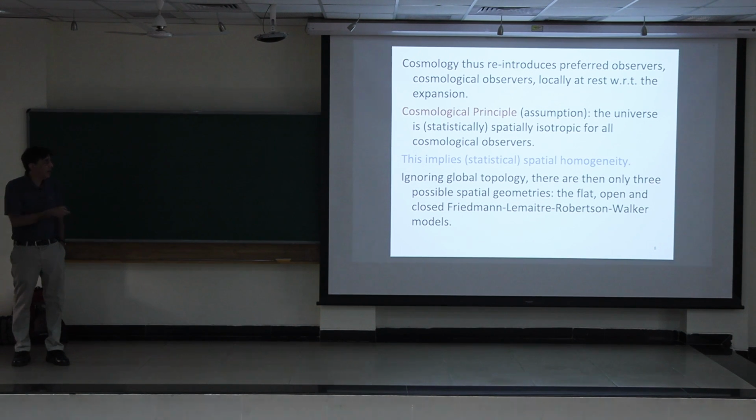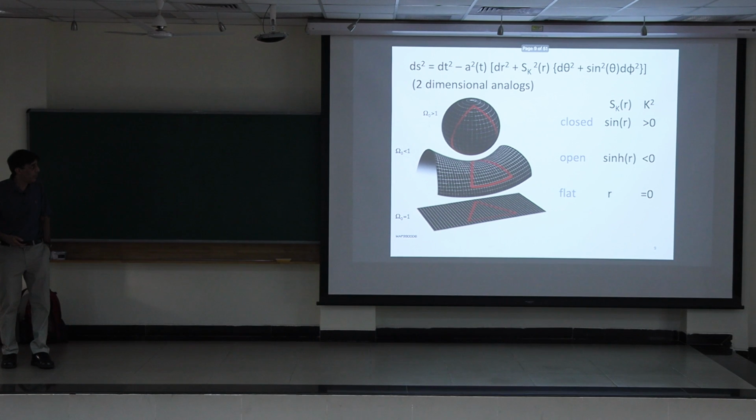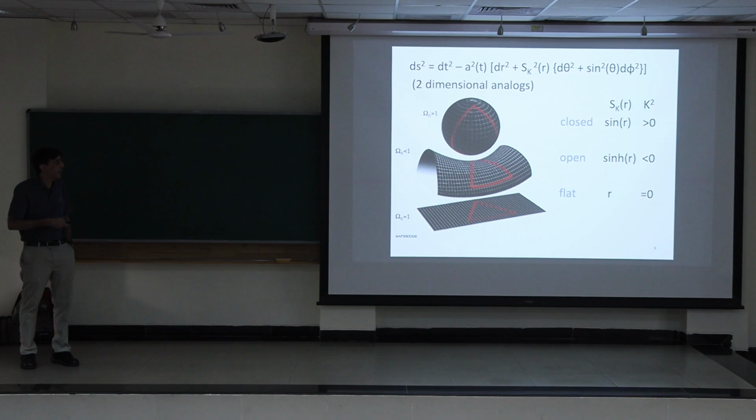And the cosmological principle asserts that all cosmological observers see isotropy on large scales, and that implies that we live in a homogeneous universe, and that makes our life much, much simpler than a universe that's inhomogeneous on large scales, because we can have only 3 spatial geometries, and everybody's seen these plots. So I'm going to suppress one space dimension to draw them here because I can't draw the 3-dimensional ones in all cases. So that's the line element, that's the scale factor, that's the scale factor for the spatial part of